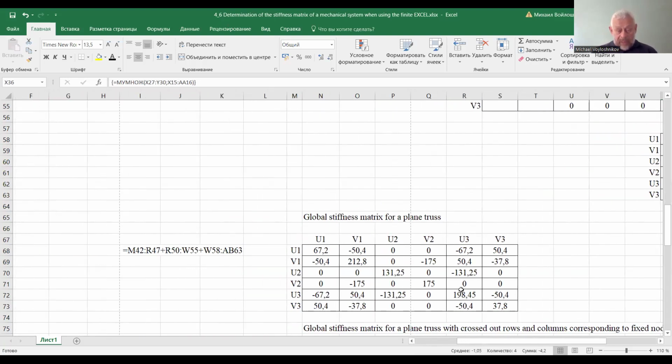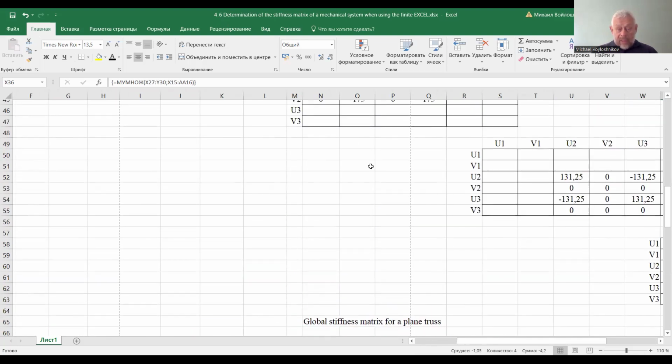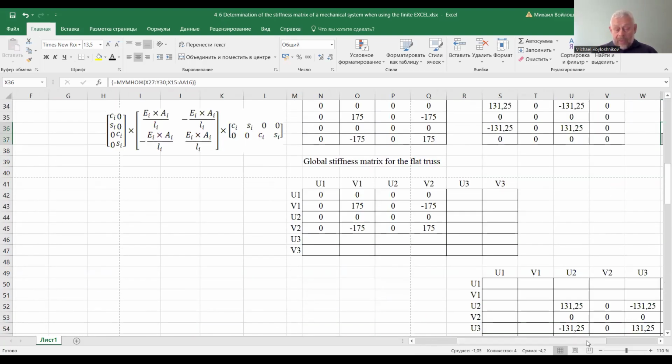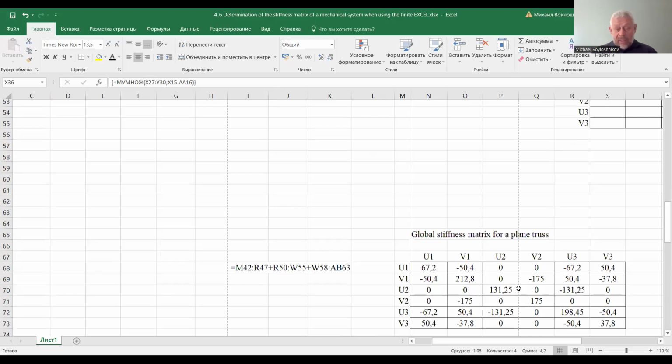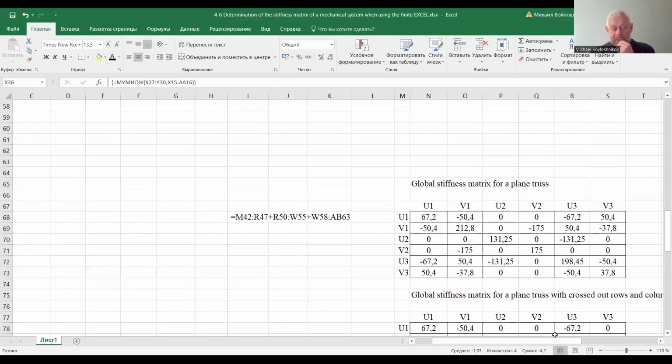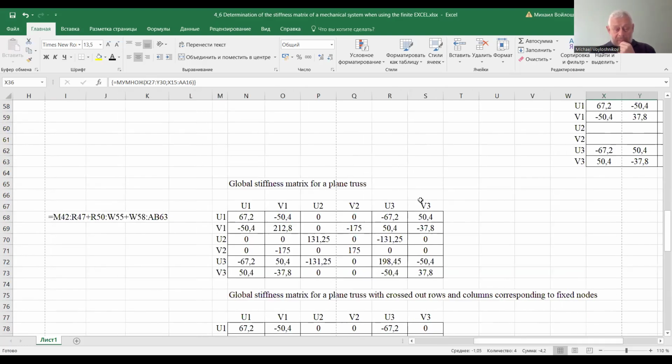Total, and we do the matrix consisting of these 3 matrices. This is a stiffness matrix for the integral mechanical system. And after that, we have to consider as well the impact of the